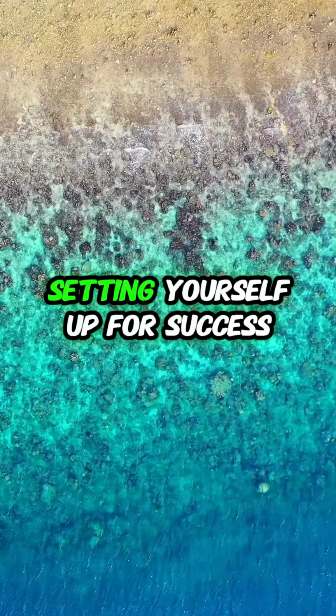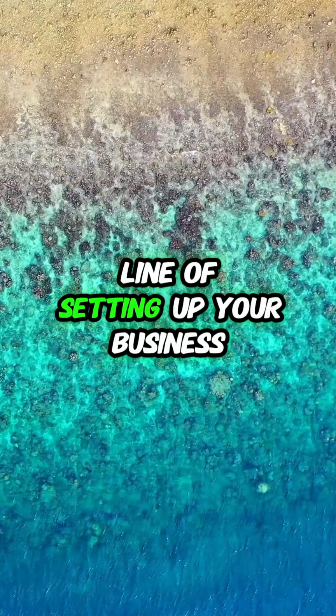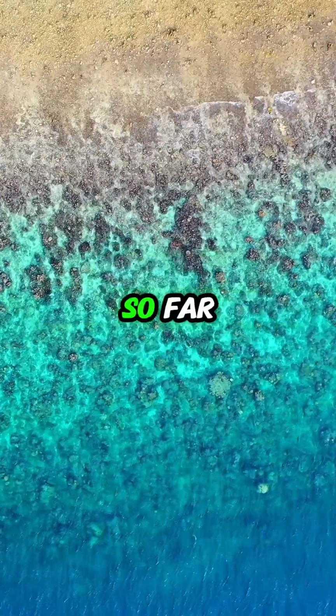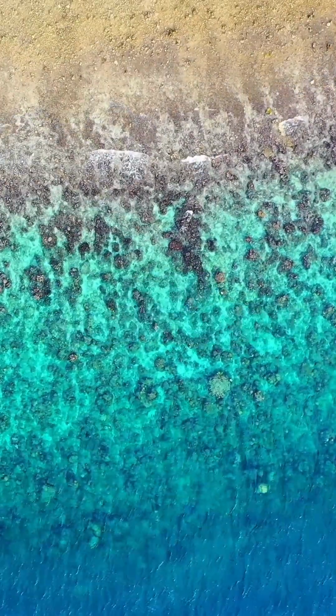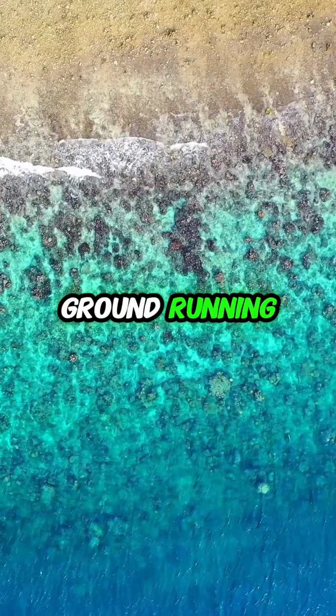Final steps and setting yourself up for success. As you near the finish line of setting up your business, it's important to take a moment to review everything you've done so far. Starting a business is no small task, and by this point, you've laid a solid foundation. Now, it's time to focus on the final steps that will help you hit the ground running and prepare for